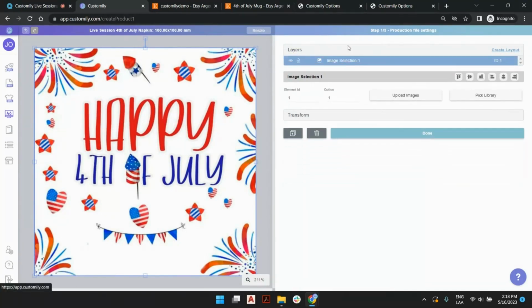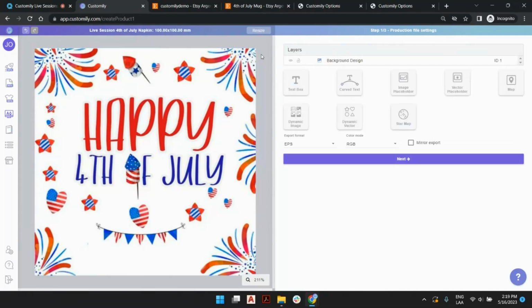I'm going to open the layers, and now I see I'm going to have many items here, depending on how complex my design is. I can always double click here and rename this as background design. Right? So this is our design. And we're going to add the text for